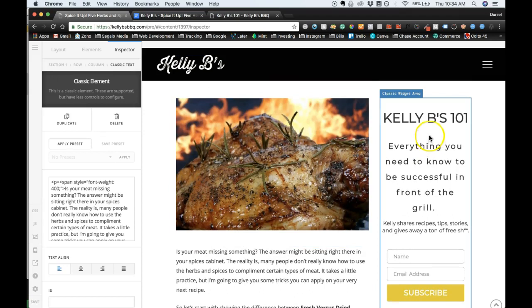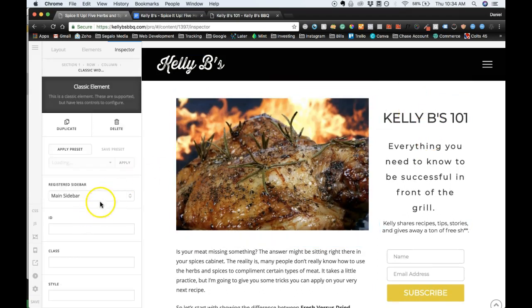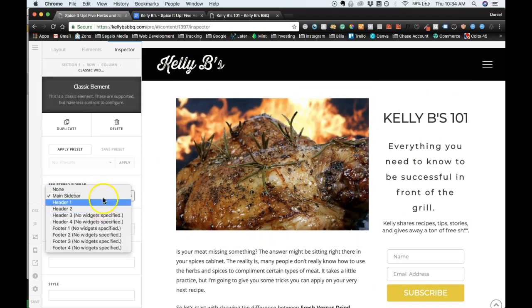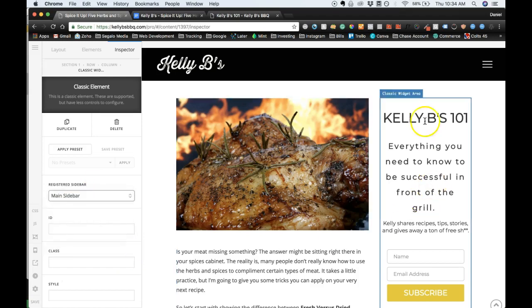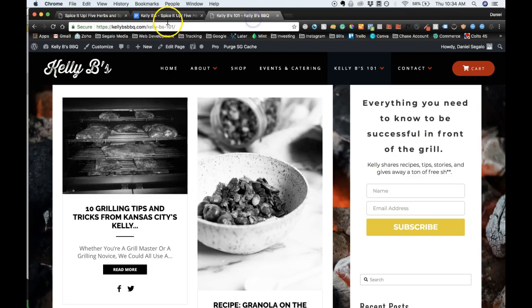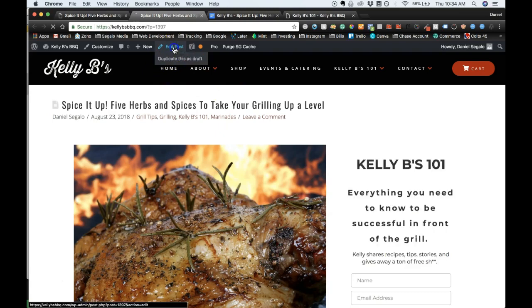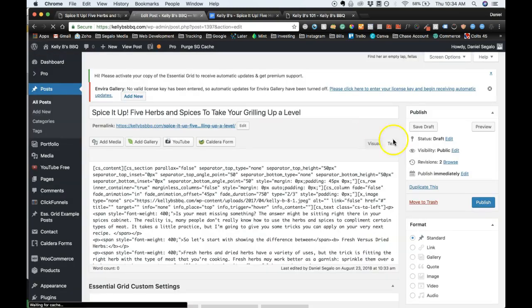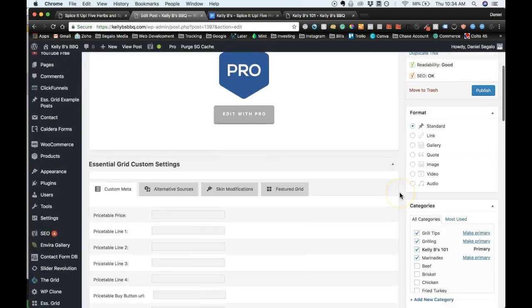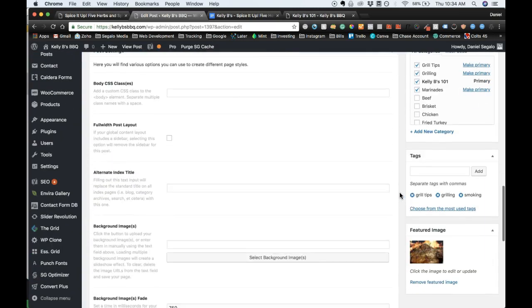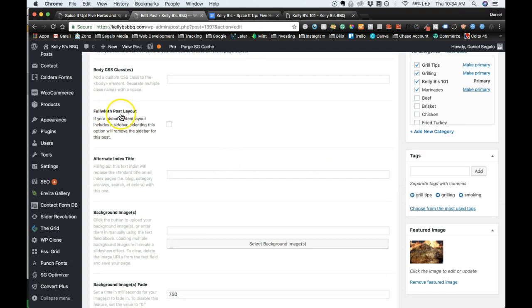So, all right, the column over here, this is using a widget, and it's pulling in the main sidebar. This is useful to know because if you're turning off the default, I'm going to go ahead and view this post, and I'll show you exactly what I mean. If you go back to the post, you have a choice of the layout. Okay, so what do I mean by that? If I come all the way down here, I can choose full post layout, which would